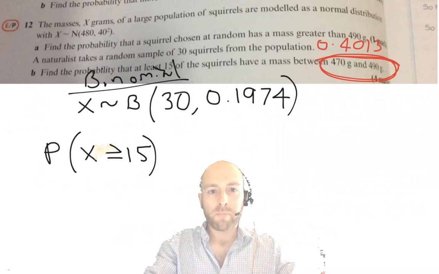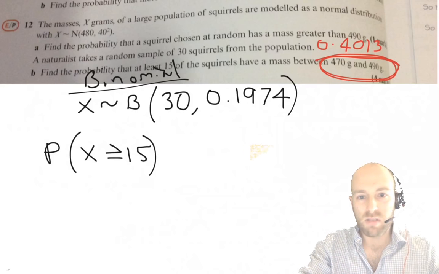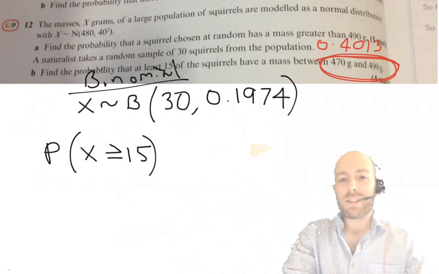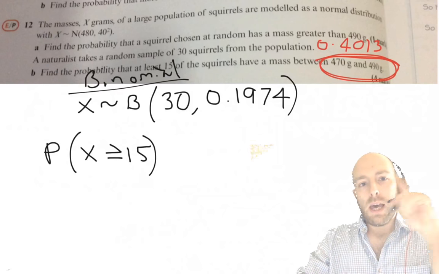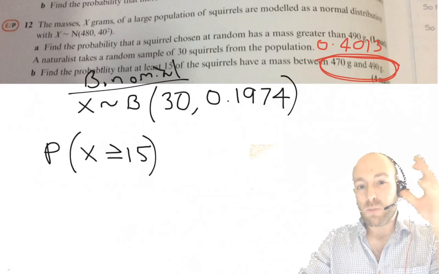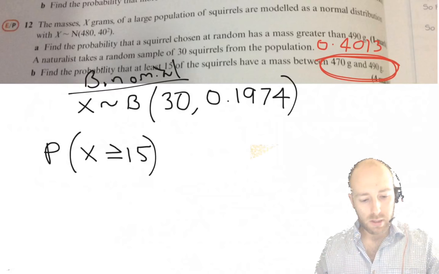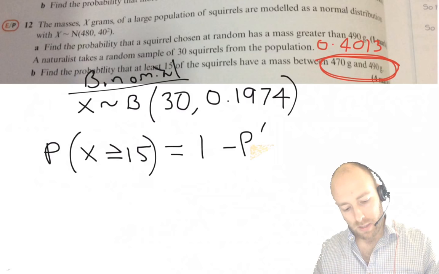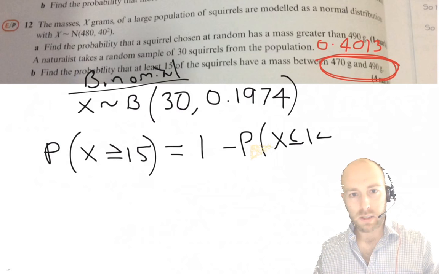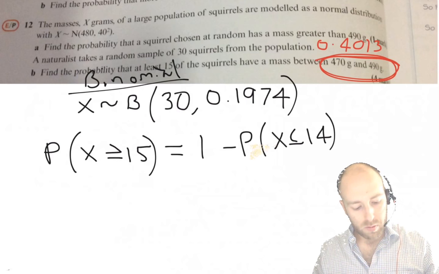Cool, nice. So there we go. Now we've got a standard binomial question. We're looking for the probability x is greater than or equal to 15 with those probabilities. Remember on a ClassWiz, you have to do 1 minus. So if you're using a ClassWiz, you're going to say that's equal to 1 minus the probability x is less than or equal to 14, because remember, binomial distribution